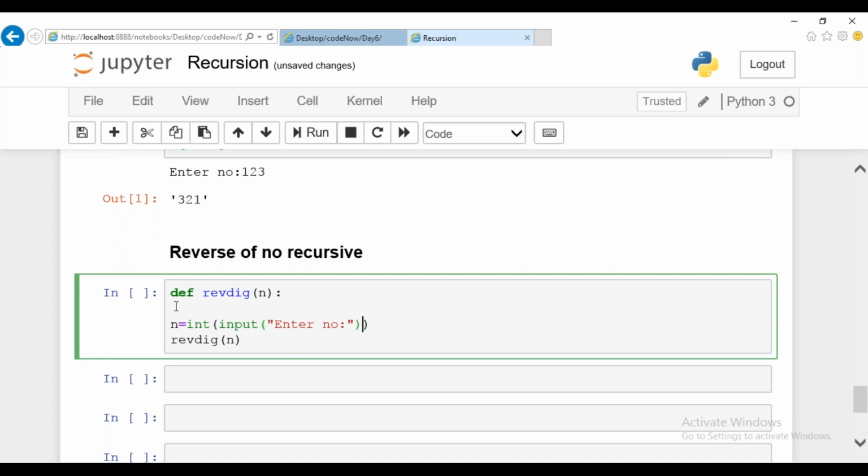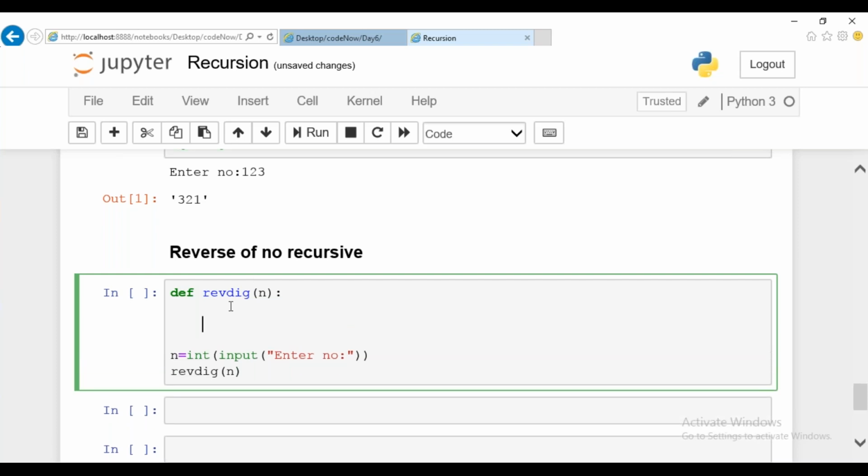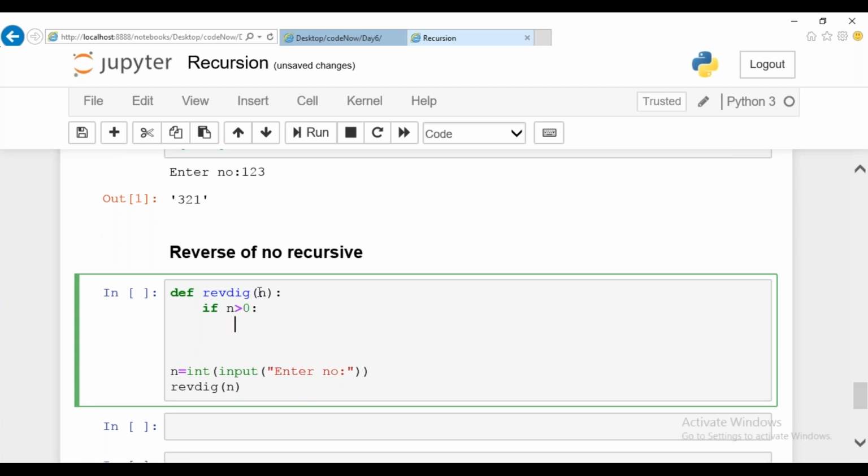What I'm going to do is reverse the number right here. So we'll write an if condition here. What is the termination point? As long as my number is greater than 0, I can do it, right? So let me write the condition number greater than 0 as my termination point. If the number is greater than 0, I'm going to do some operation.